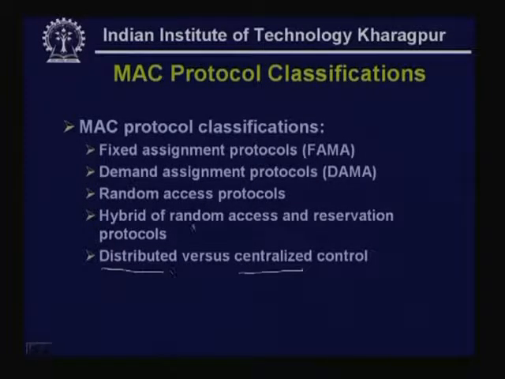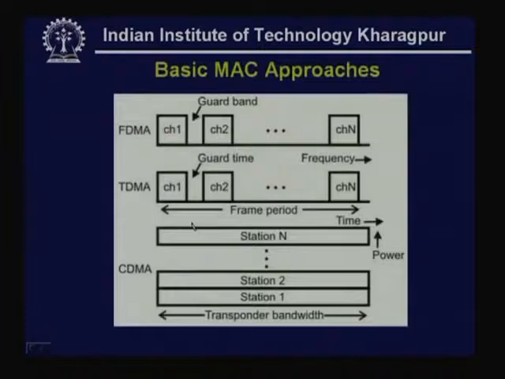Now, we have already discussed the medium access control techniques for satellite communication. As you know, collision based medium access control technique cannot be used because of long round trip delay. Also, we cannot use token passing based techniques. So, the only possibility is to use Aloha or slotted Aloha and the reservation based protocols. Let us see what are the different types used. And as I have discussed, we can use FDMA, TDMA and CDMA